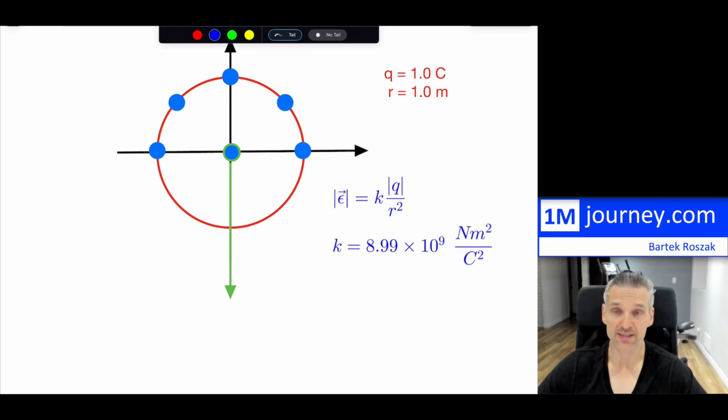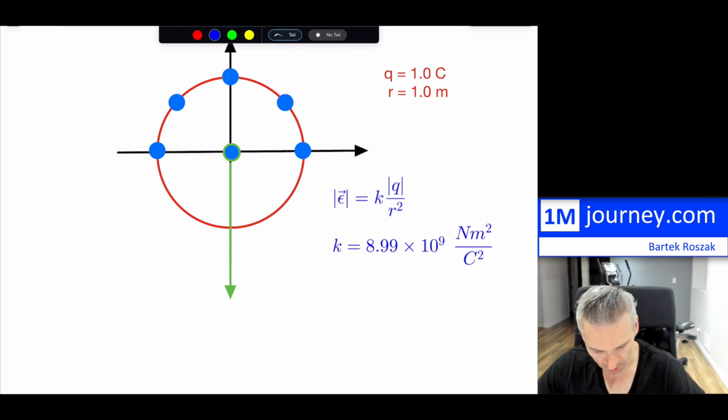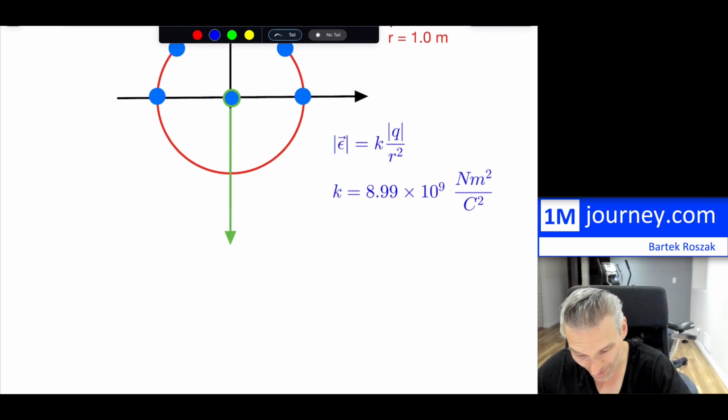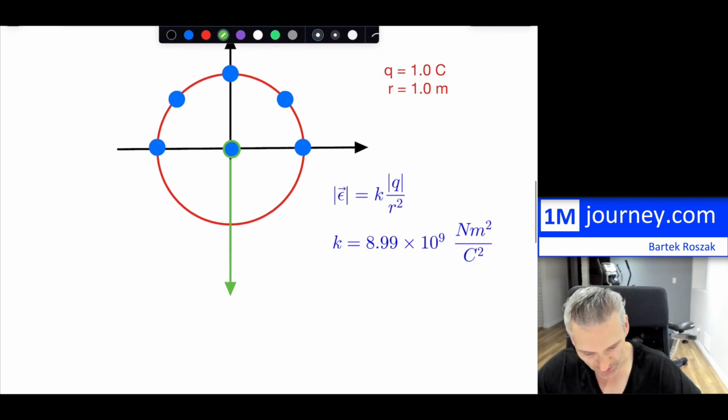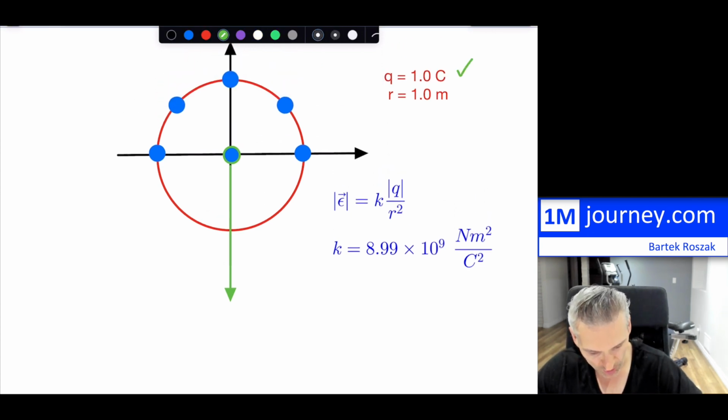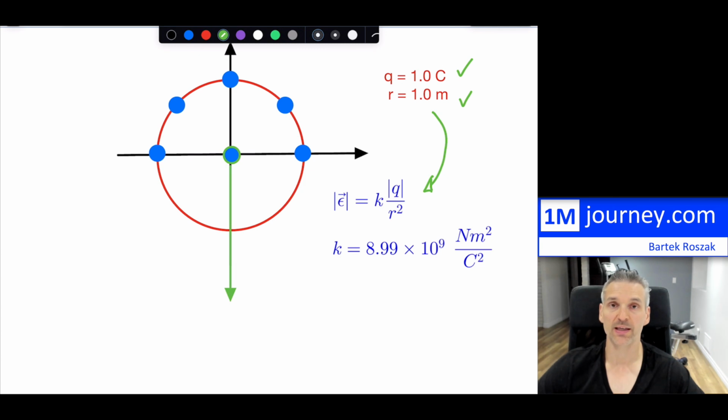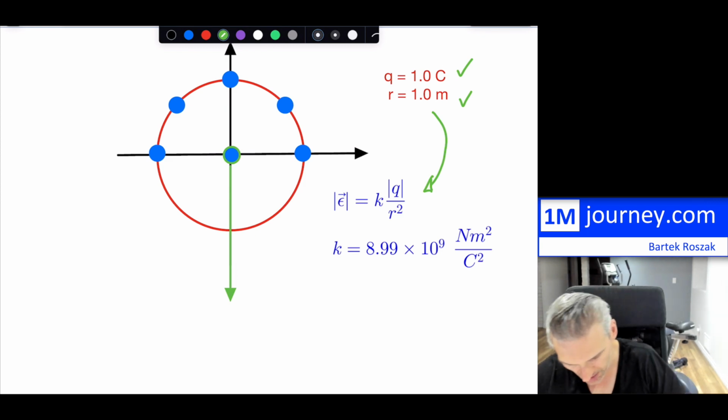All right, so that's the electric field from that particular point. Now if I want to calculate this out, the computation is very simple because this is 1 coulomb and this is a radius of 1 meter. If you substitute this back into your electric field equation, you can see that the ones don't really do much for us. So therefore the electric field that we would have in this way is just going to